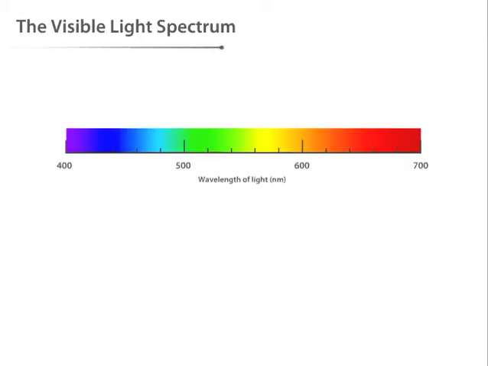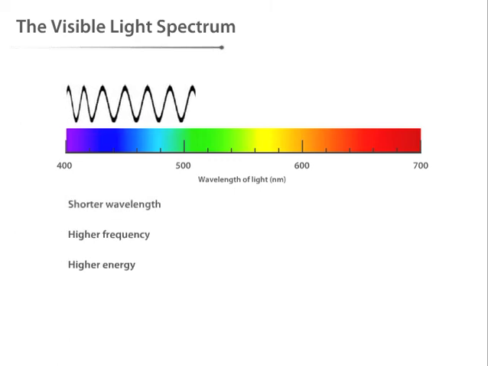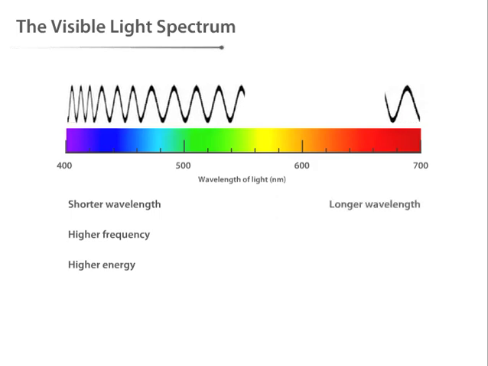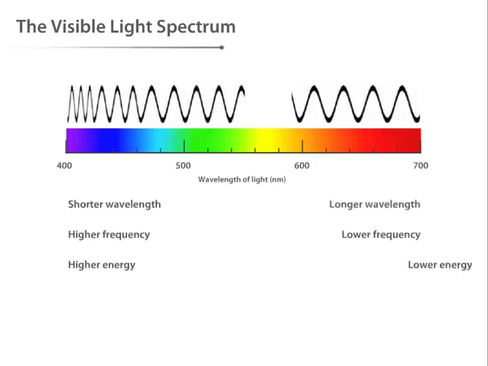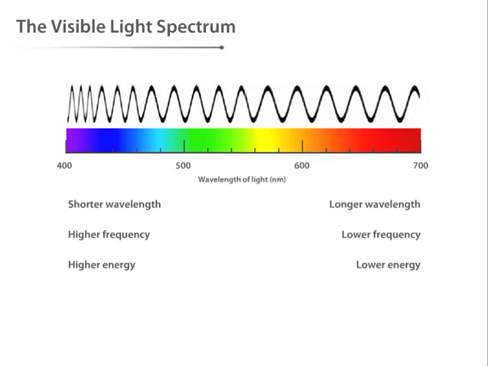Now that we've introduced the general process of fluorescence, let's take a look at the light spectrum and its importance in fluorescence. The visible spectrum is composed of light with wavelengths ranging from approximately 400 nanometers to 700 nanometers. Light waves with shorter wavelengths have higher frequency and higher energy. Light waves with longer wavelengths have lower frequency and lower energy. As we stated before, an excited fluorophore emits lower energy light than the light it absorbed. Therefore, there's always a shift along the spectrum between the color of the light absorbed by the fluorophore during excitation